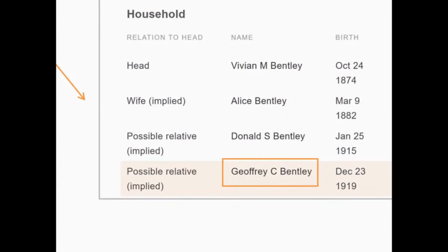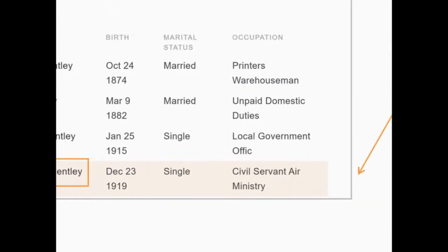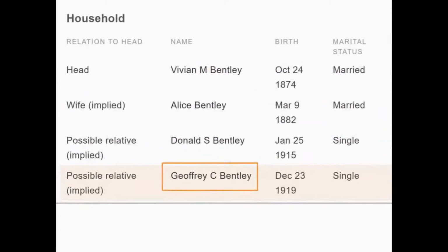His birth date was the 23rd of December 1919. He's shown as single and a civil servant in the Air Ministry, and I'm very lucky that he actually was still around for that, because he was subsequently called up into the army. And you'll see that MyHeritage are very correct in just saying that it's implied that there's the head of the household, Vivian M. Bentley. It's implied that these people are wife, relative, and relative, because no relationships are actually given